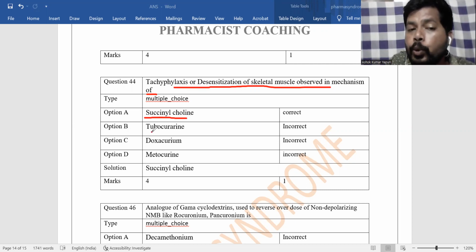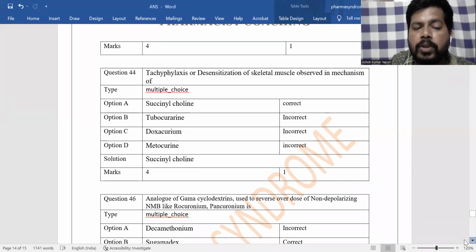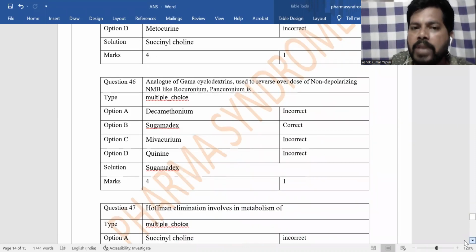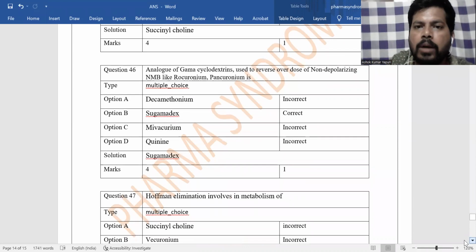So, tubocurarine directly blocks NM receptors, like doxacurium as well as metocurine. And the answer is succinylcholine. So tachyphylaxis or desensitization, you can observe in the mechanism of succinylcholine. That means fatigue of skeletal muscle. The skeletal muscle is not responding. Not responding. And next question here,